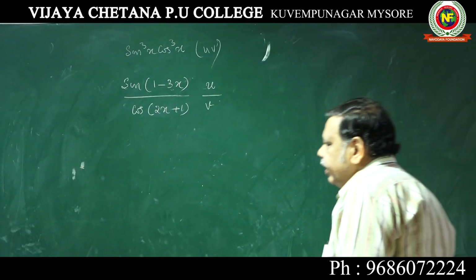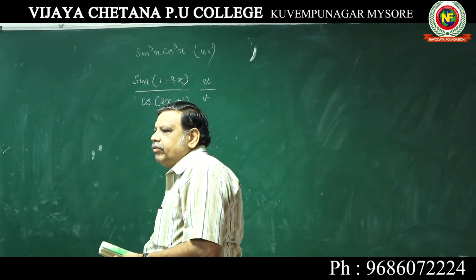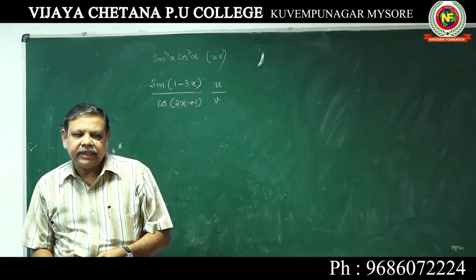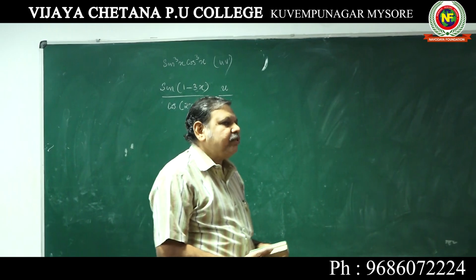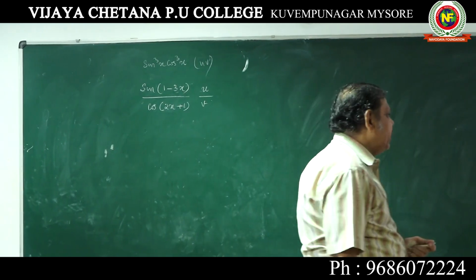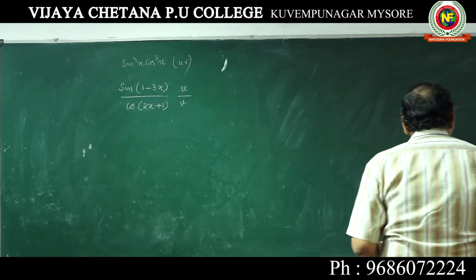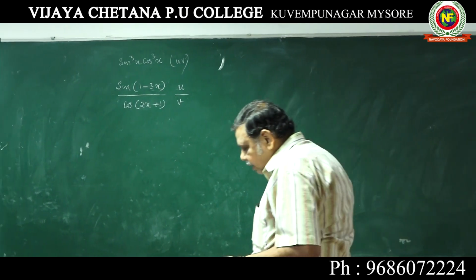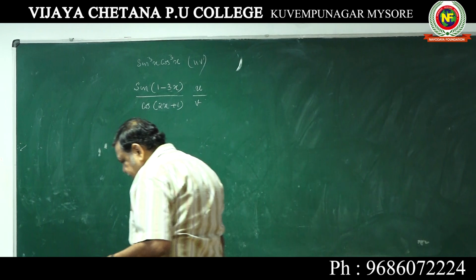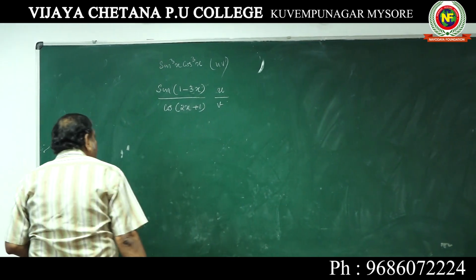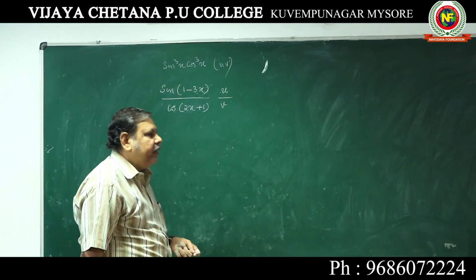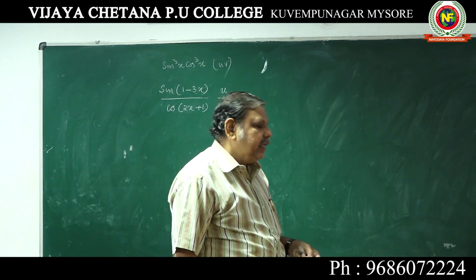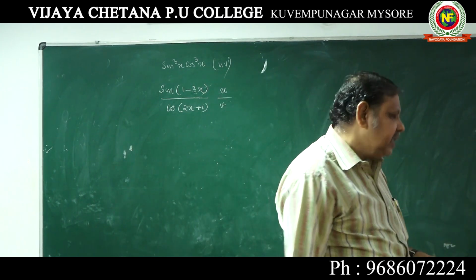Very important thing, when a function y is expressed explicitly in terms of x, it is called explicit function. So explicit function and chain rule: differentiation of a composition function is called chain rule. Two or more functions are there. When you differentiate such a function, it is called a composite function.